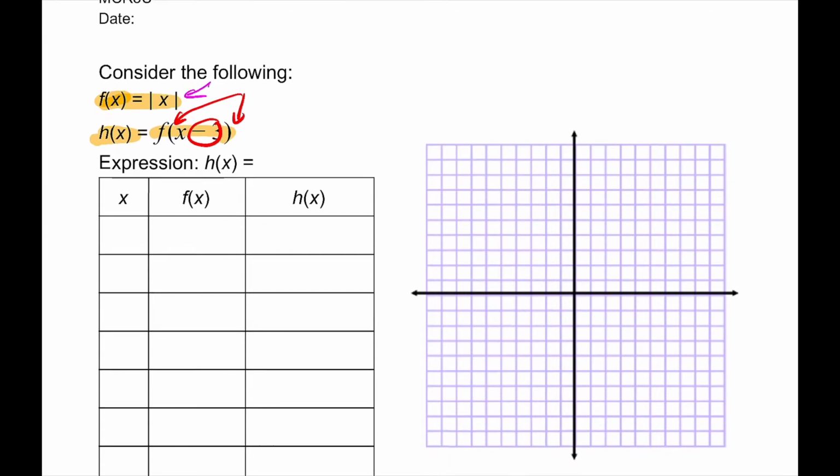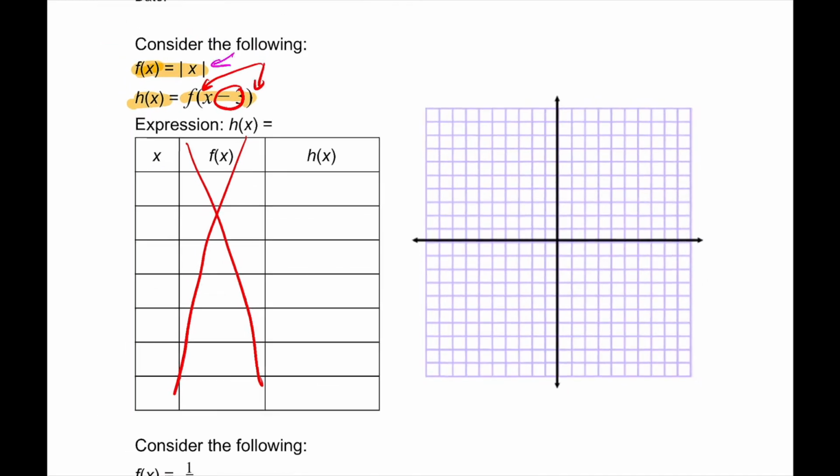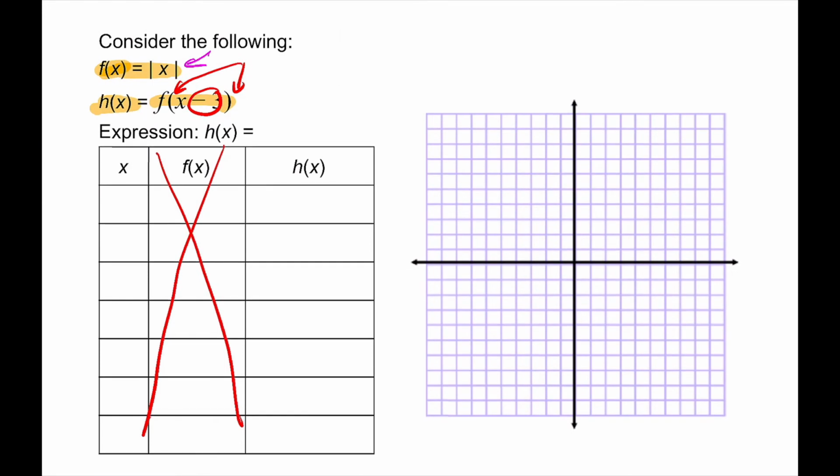So what's the net effect? I was a little bit efficient or lazy in creating this worksheet. Really, we're not going to look at f of x because it's not going to help us. Why is it not going to help us? Because we're not taking the answer of f of x and doing something to it. So we really need to do something to x first before we apply it. So we're just going to do our straight points. So let me